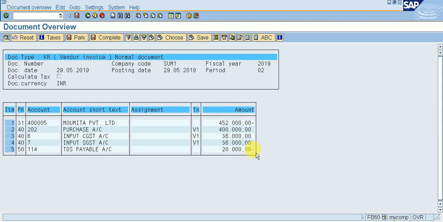So I need to pay 4,52,000. So I am showing you how I am paying 4,52,000 in F-53, /n F-53 for paying my vendor.